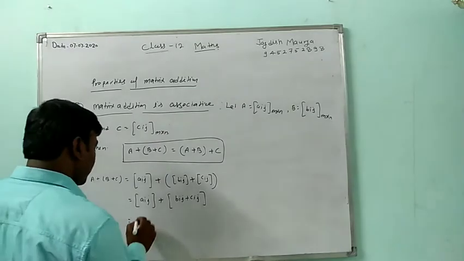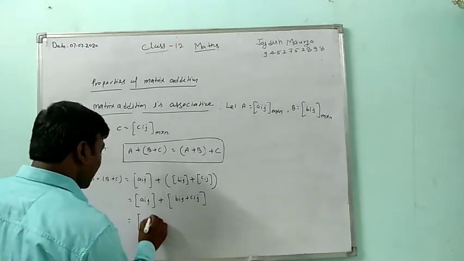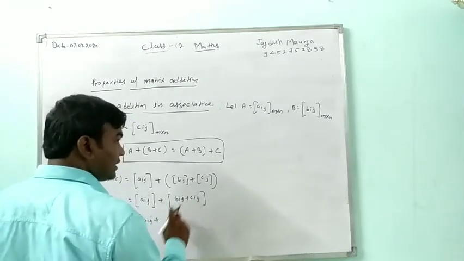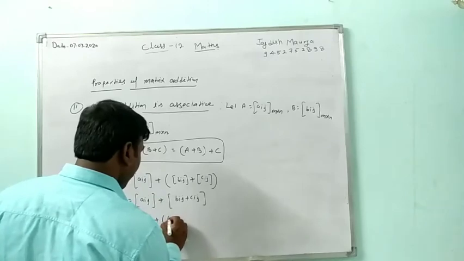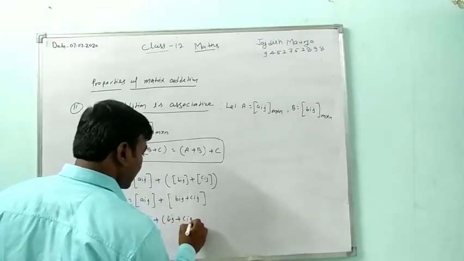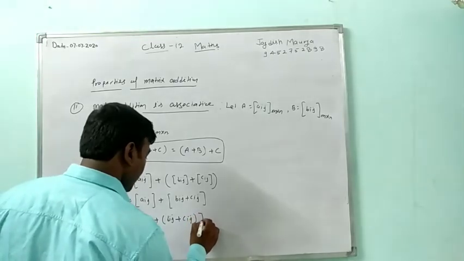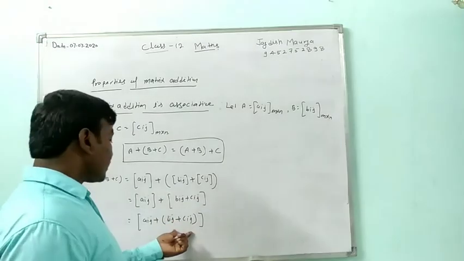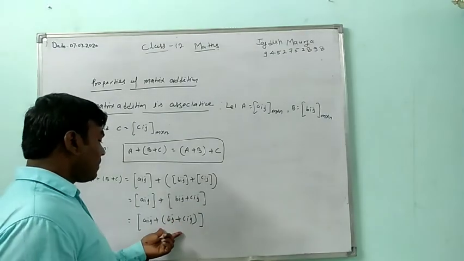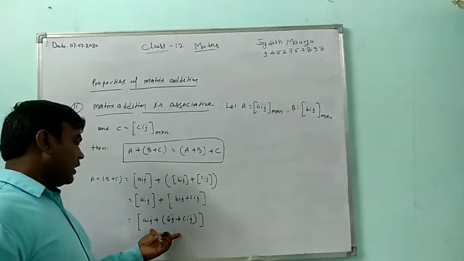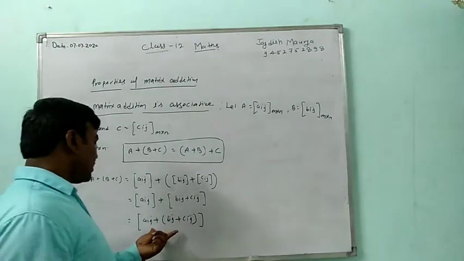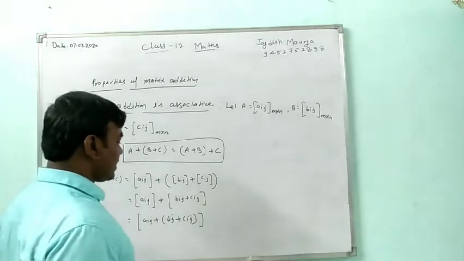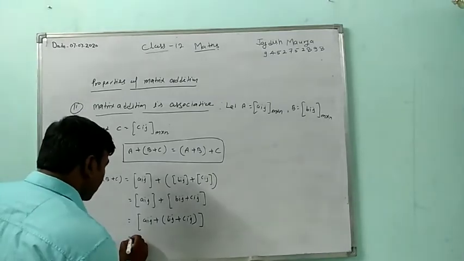Here we add first Bij and Cij. These numbers are real number or complex number, and we know that addition of real numbers and complex numbers are associative. We can write this